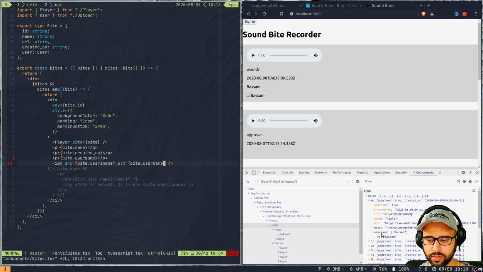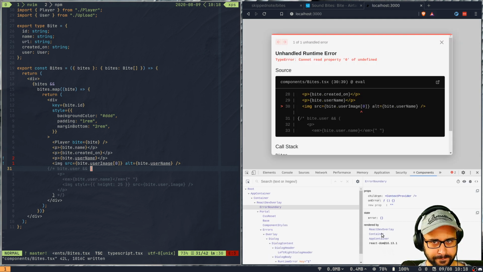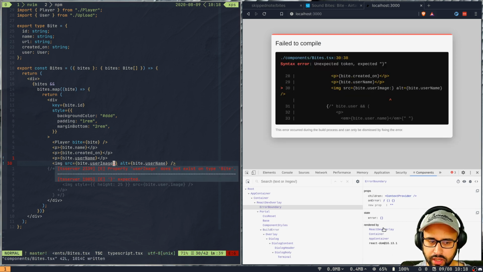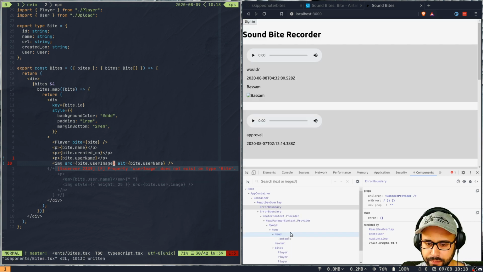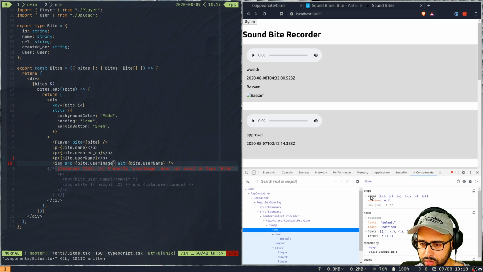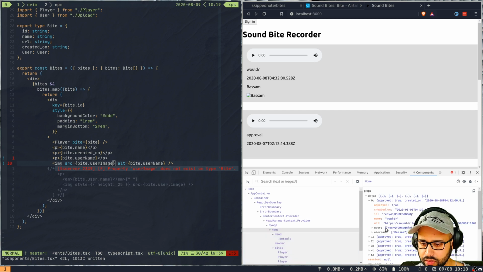Okay, so the image is broken. I think it's probably because it's an array, right? So let's try this out. Cannot read property of undefined. Okay, so are we getting the image? First of all, is something we need to check. So in our home component, the first user, okay, we are not getting the image here, so that's something we